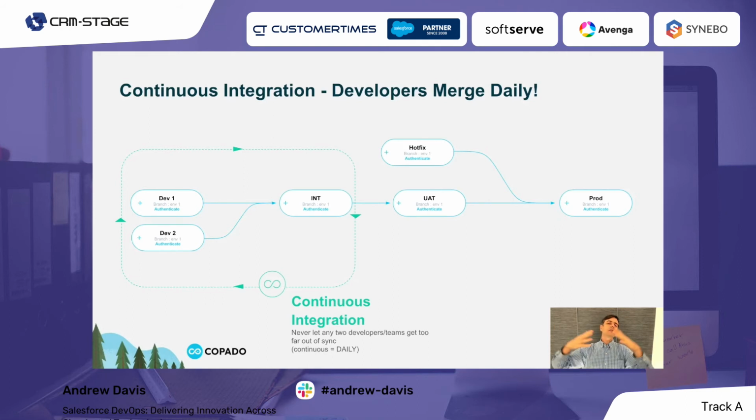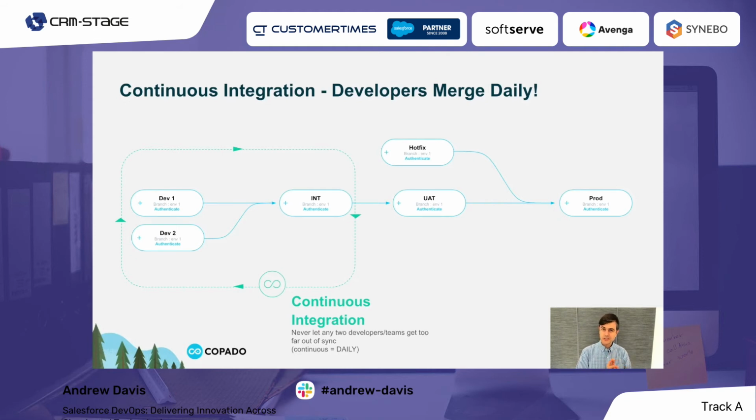But they've all got to come back together at some point, right? You and I have to merge our code at some point, and the two big teams have to merge their code. And the longer you go without merging, the rougher that merge is going to be, and the more painful and difficult it's going to be. And so the easiest way